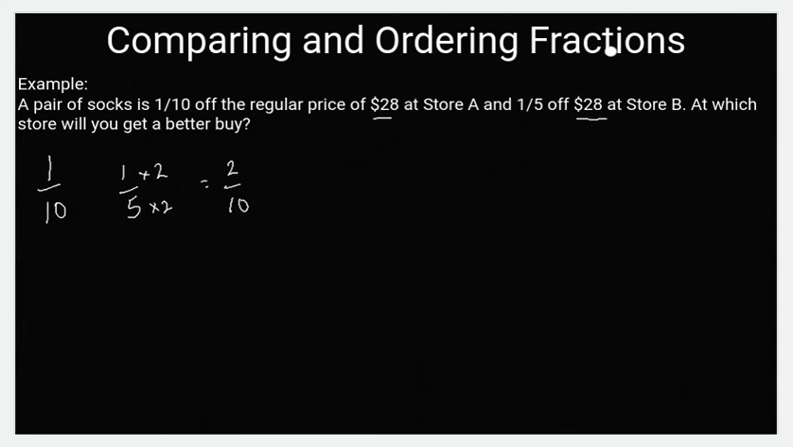So it's going to be quite expensive at store B compared to store A. Okay, and then for a third confirmation, let's try this out. You can just work it out. 1 over 10 of, remember of means multiplication, of $28. Okay, this will be